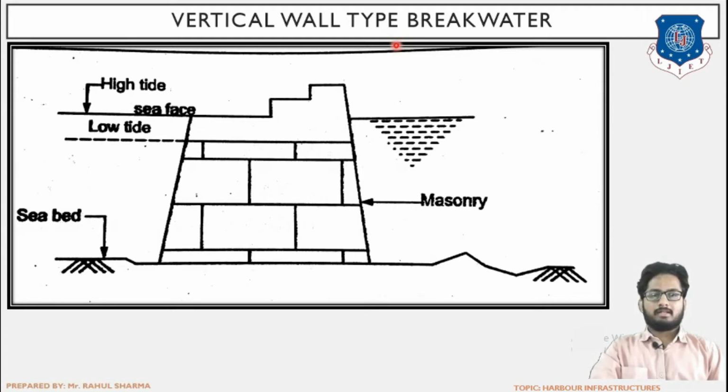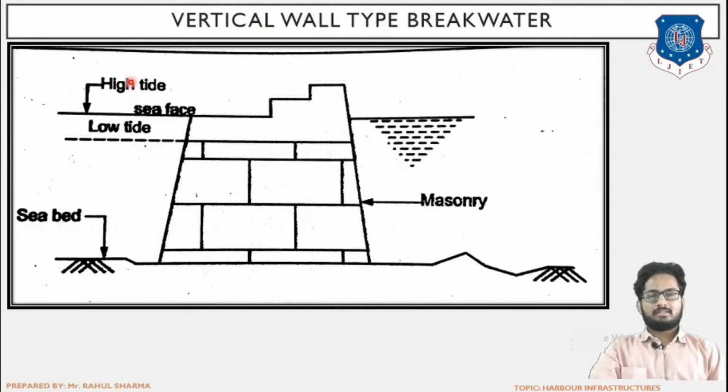Also we know that ultimately the load or the forces which we have studied in the previous session, the various forces acting on the breakwater, will be ultimately transferred to the seabed. So in the bottommost portion, the seabed is ultimately the foundation where the total load will be transferred. Also the self-weight of the breakwater will be transferred. This is a masonry construction as I told, constructed of bricks, that is a vertical wall type breakwater.